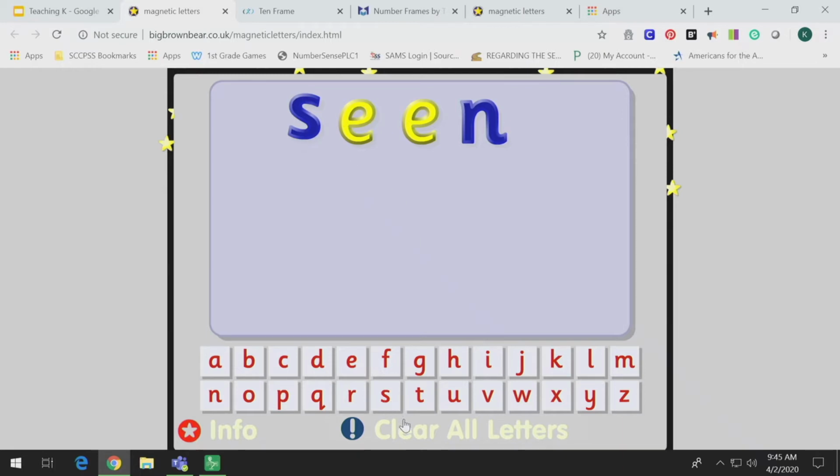Super job. One more word from our poem. Take. We don't want to take anything away, so let's see. Ta. We have a long A sound. So we have A, k. But that says tack, not take. What do we need to add? There we go. Take. Let's get rid of the ta and change it to an m, and our new word is